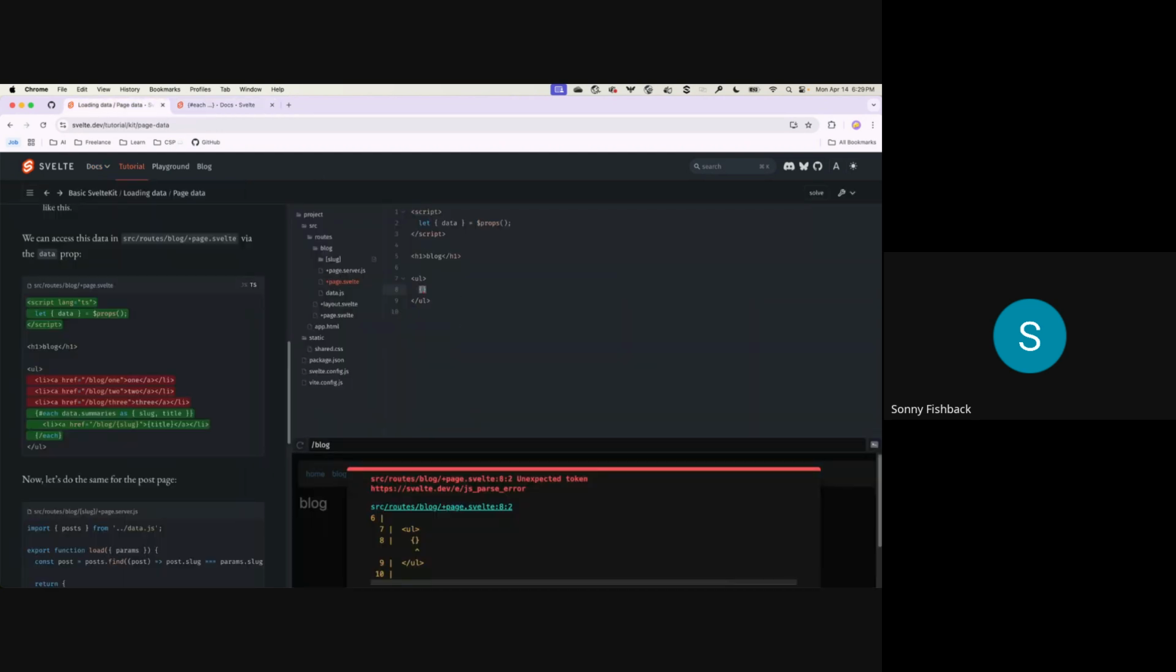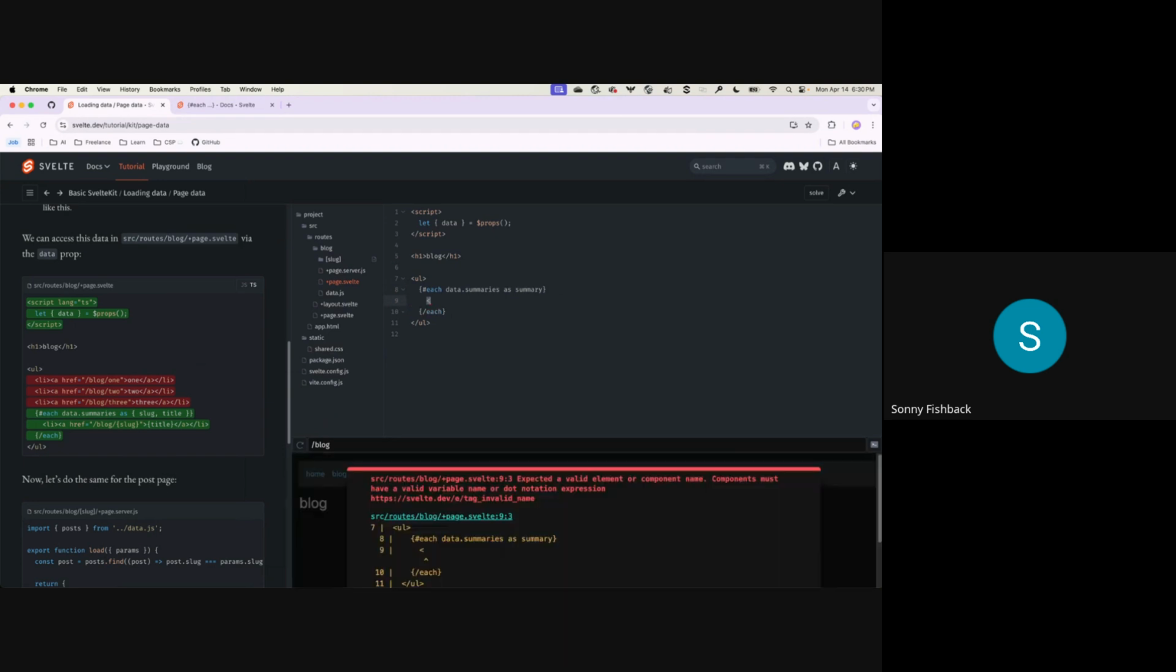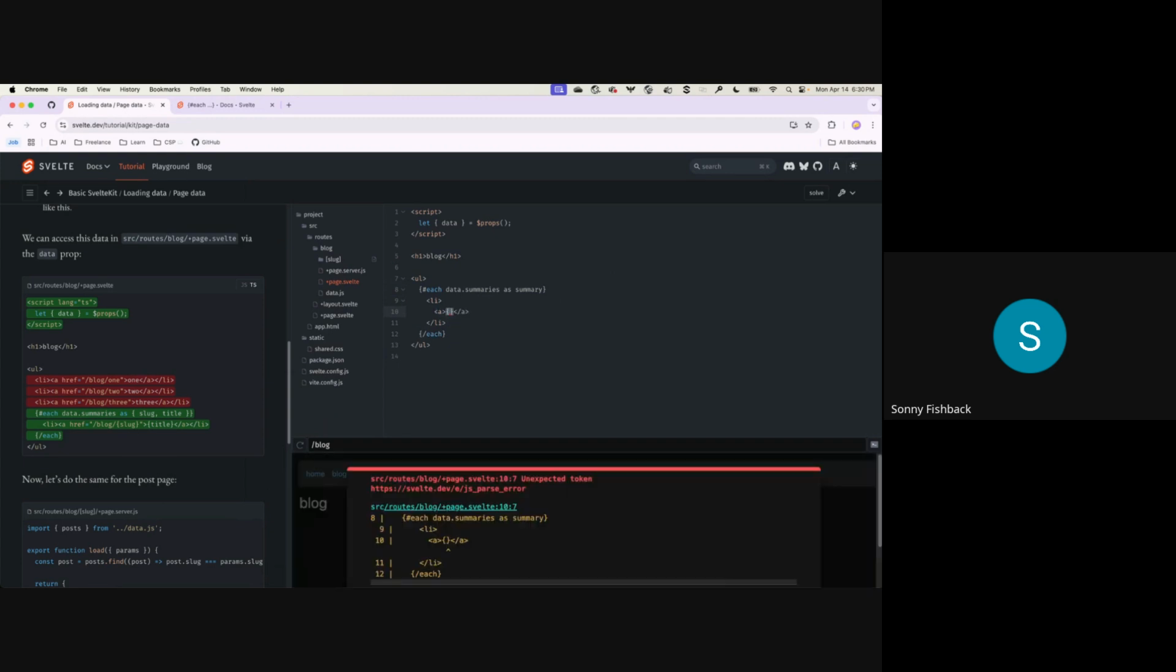So I'll do each, and then we'll say data.summaries as summary, and then we want to end this block with a backslash, and then we need to put some content in here. So let's see, we want it to be, what are they suggesting? A list item, right? And then they want an anchor tag, and then this anchor tag must have, and that's,